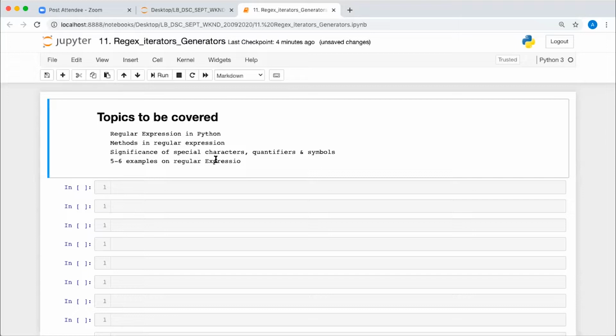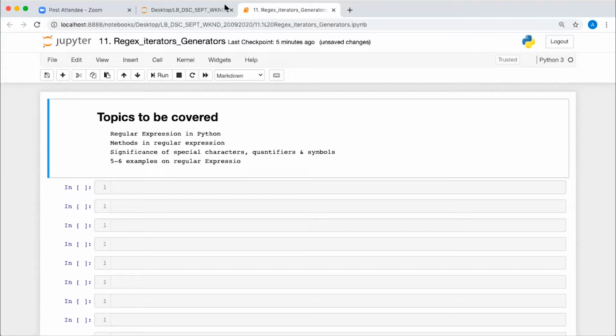Or if you are taking some input, we may also use the regular expression for validation purposes. For example, when you sign up on Google, they ask for the email ID, name, mobile number, and other details, right? There we do a level of validation on the input from the user using the regular expression. If it is an email ID, it will have the at the rate symbol and then some domain name, correct? That validation we can do easily using regular expression. So in all these situations, we will be using the regular expression.